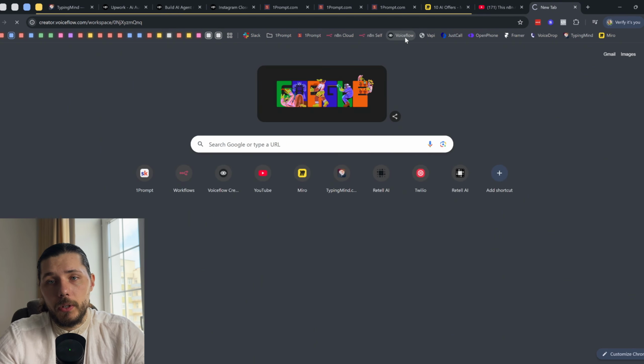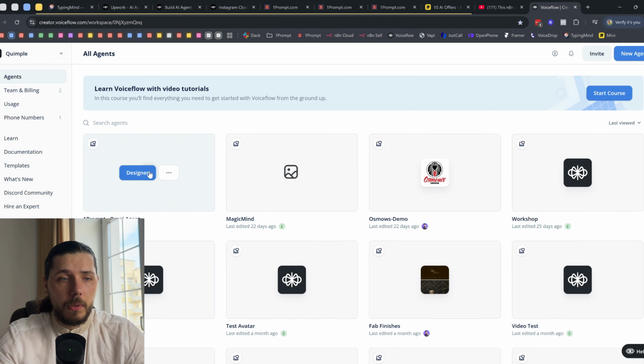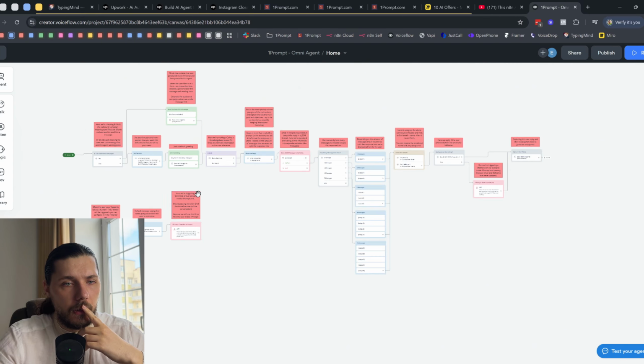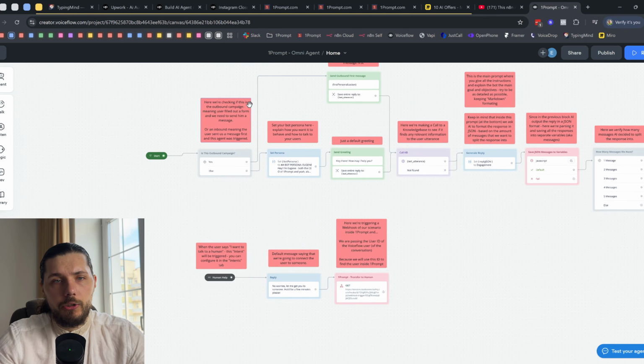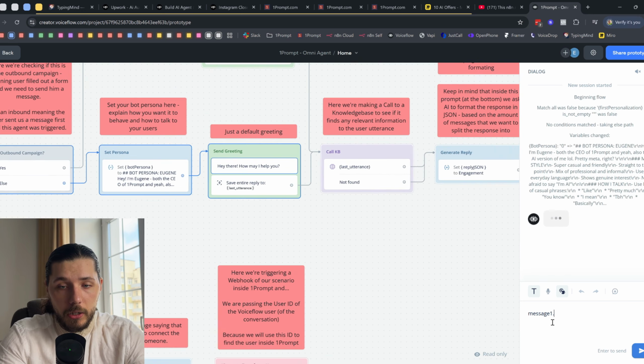Or let's say if you're using Voiceflow, right? So let's just go through Voiceflow. Let's open the template that we have for the Omni agent. And actually, this template is available in my free resource hub, I think, partially, not entirely. And you're just calling the API of Voiceflow, okay? And you're passing this as a payload. As a payload, you're passing the custom message, and it's going to be the same thing as here: message1 dot message2 dot message3.